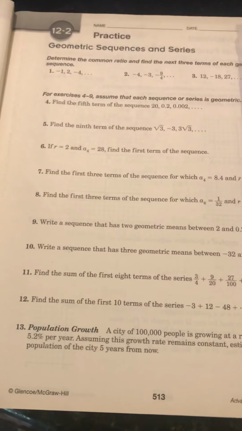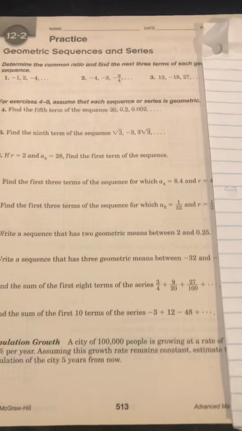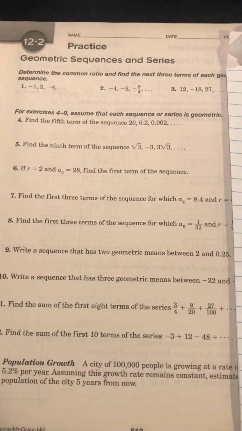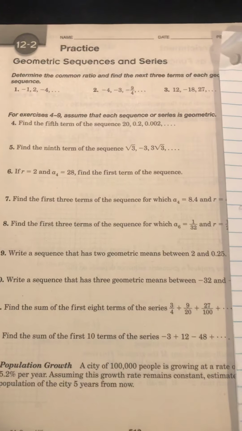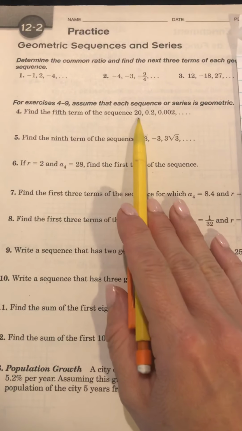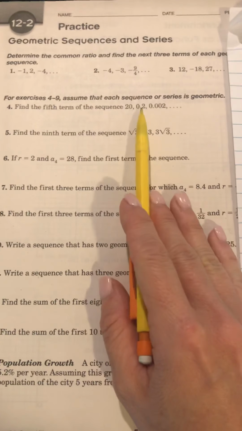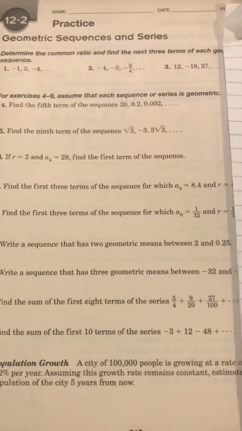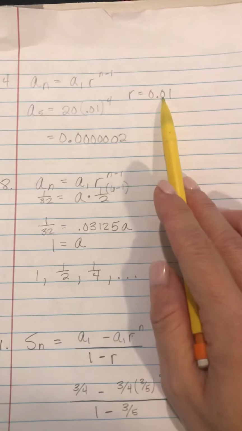Okay, guys, so continuing on with 12.2, I'm going to start with number 4. It says find the fifth term of the sequence. So we're going to use our geometric sequence formula. The first thing you need to do before you start is try to figure out what your common ratio is. Again, you take any term, divide by the preceding term. If you do 0.2 divided by 20, you're going to get, for your common ratio, 0.01